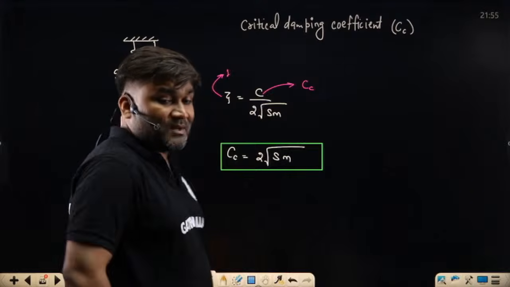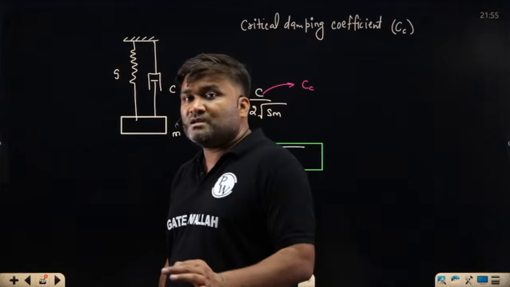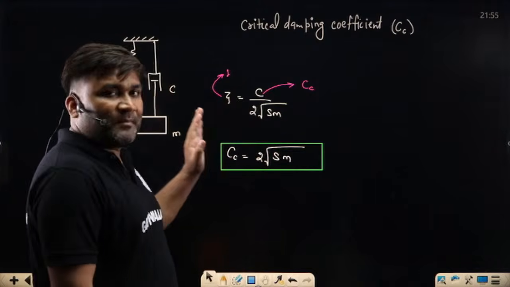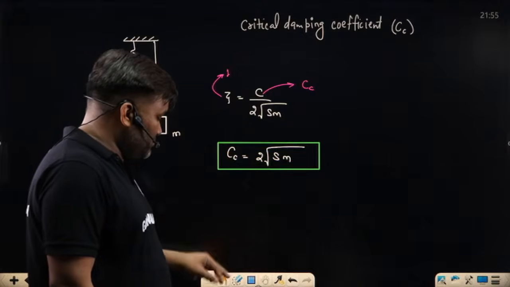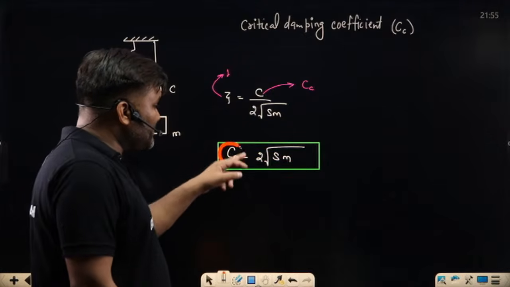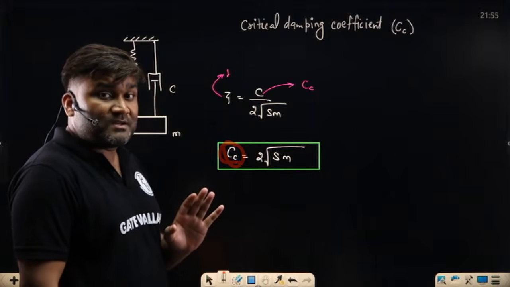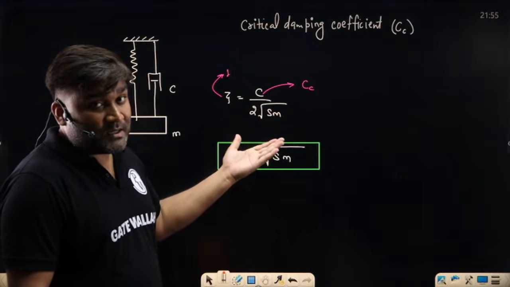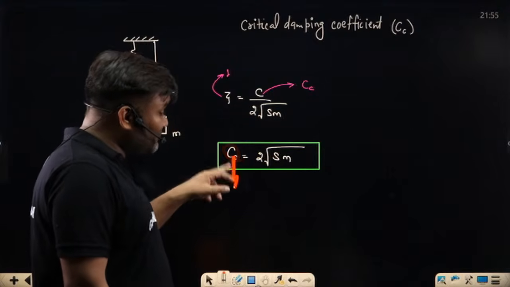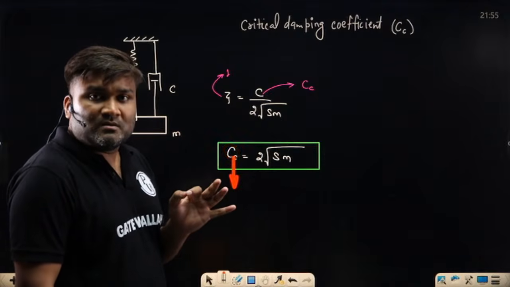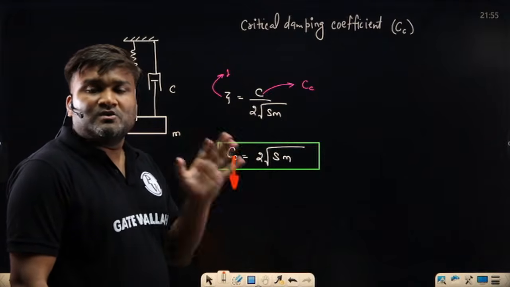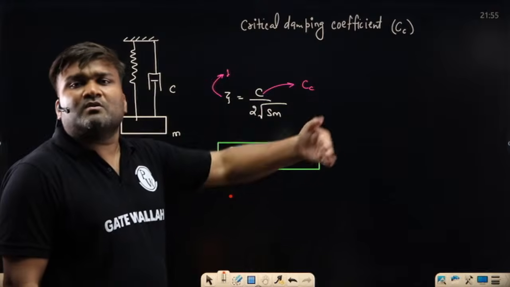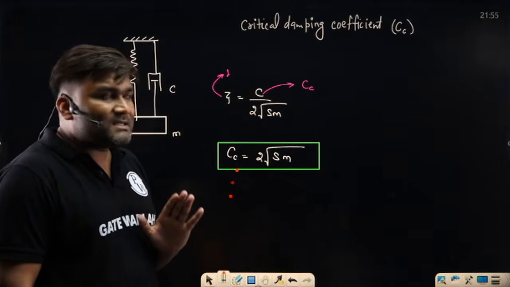So in examinations they sometimes ask, tell me what is the critical damping coefficient, how much damping coefficient at least I should provide so that there is no vibration. If you have provided this much damping coefficient, the system doesn't vibrate. Anything more than this friction, the system becomes overdamped, it doesn't vibrate. But if you have provided less than this friction, the system vibrates slowly and will stop after some time. Keep on making this friction smaller, it will vibrate for a longer duration. I hope this is clear to everyone.